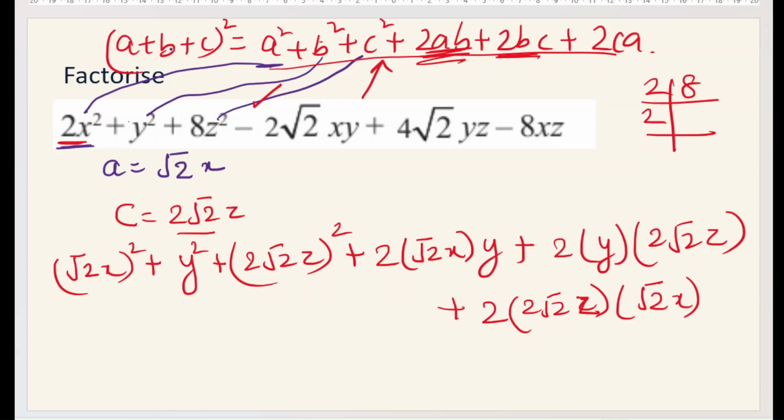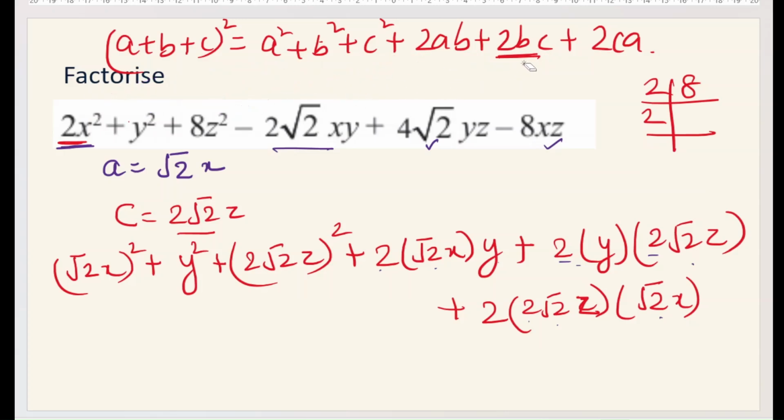Okay. So I have tried to write it in this form, A square plus B square plus C square. Plus, let us see, 2AB we are able to make. Yes. How? 2 root 2 xy. So 2 root 2 xy we have. This is 2 multiplied by 2, 4 root 2 yz. We have 4 root 2 yz also. And then 2 multiplied by 2, 4, root 2 into root 2 is 2, so 4 2s are 8, 8xz. That also we have. So we have converted this into the form of A square plus B square plus C square plus 2AB plus 2BC plus 2CA.